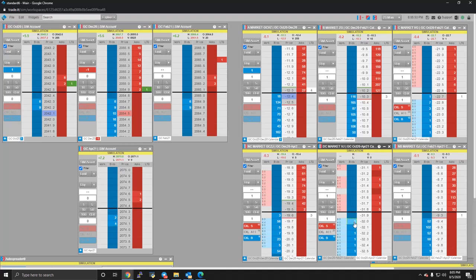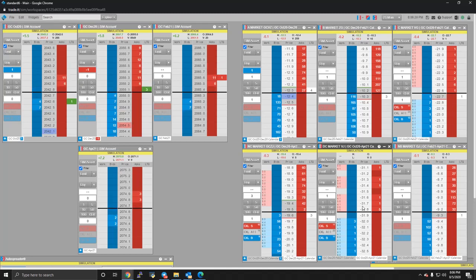I could bid up to 3 contracts in the DC market at minus 32, because I have 3 bids that are resting in the new C market that I could sell, and I have more than 3 bids resting at the best bid in the A market at minus 12.4, which would scratch my long position in the double C market